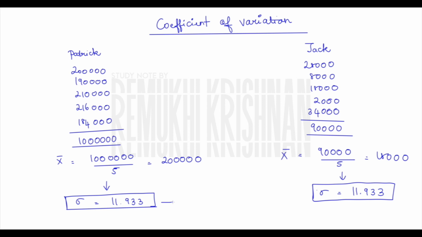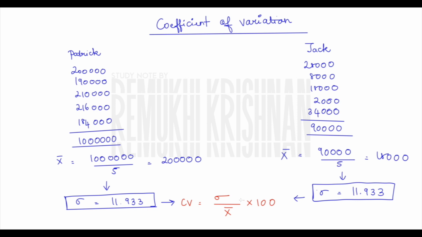Look at this example: we have different values here, but the same standard deviation. In that case, it is not recommendable to use standard deviation. It is recommendable to use the coefficient of variation, which provides a relative measure of the standard deviation. That is, you give your answer in terms of percentage.